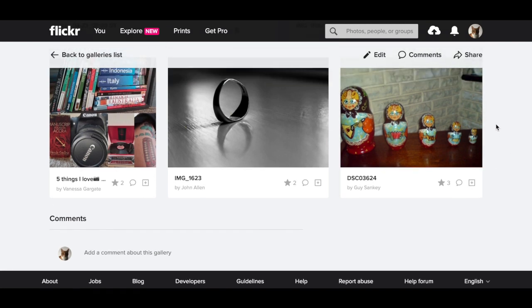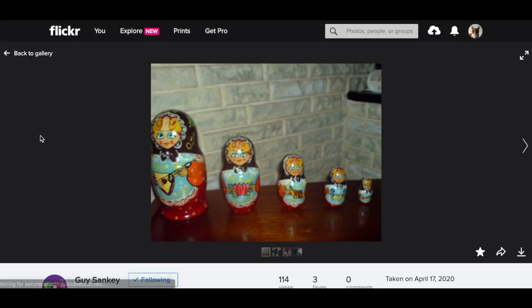Same with Guy, who had taken a collection of different images as well. And although these are kind of the same, I think this is really quirky and a nice take on objects. One object, but multiple objects in the Russian doll. Good composition as well. I think the background works well. Again, we've got this line in focus leading to that out of focus area. And the colours on that work as a nice contrast to draw you out from the background.